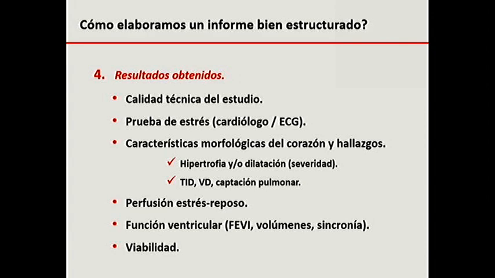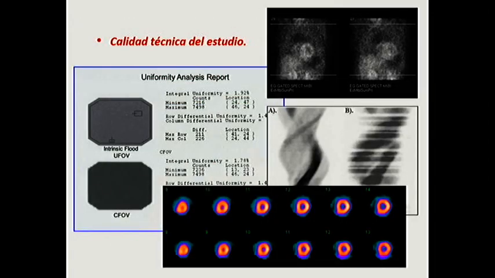The results obtained, we have to focus on different things. The technical quality of the study, if it's a diagnostic study, or if it's suboptimal or perfectly usable for the diagnosis. And we are interested about the information about the stress test so that we can include it in the clinical interpretation. We are interested in the morphological characteristics of the heart and other findings, not just of the perfusion, but we want to see if there's hypertrophy in the heart, if it's dilated, how much, and if there's TID, if we can see the right ventricle, if there's pulmonary uptake, and then the perfusion data, the ventricular perfusion data, of course, and